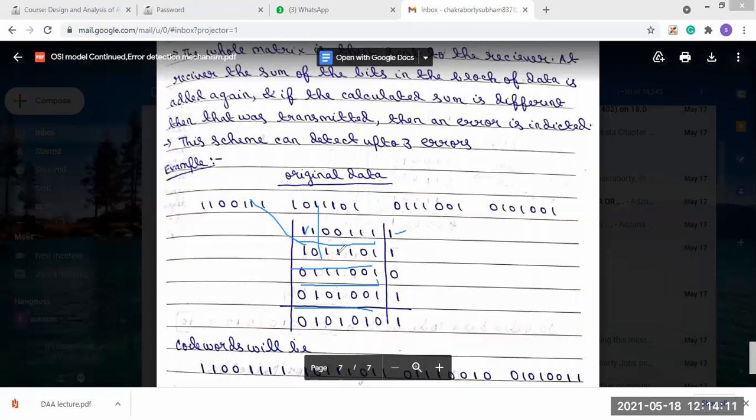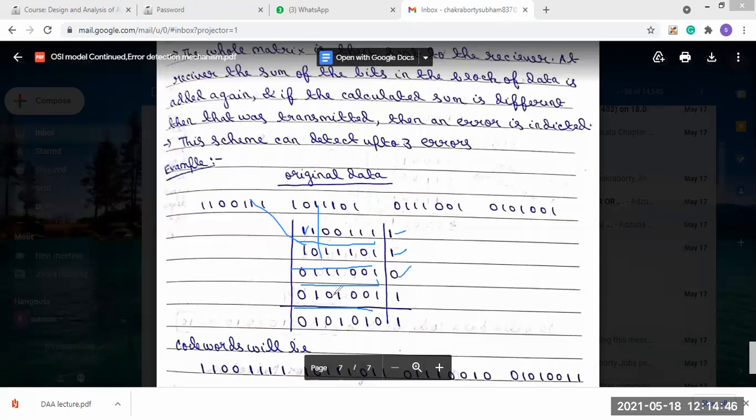So in the parity bit, what should be added, 0 or 1? 1 should be added, because if we add 1, the total will have even parity. That's why we use 1. In the third case, how many ones are present? 4 ones are present. So in the parity bit, what should be added? Add 0.